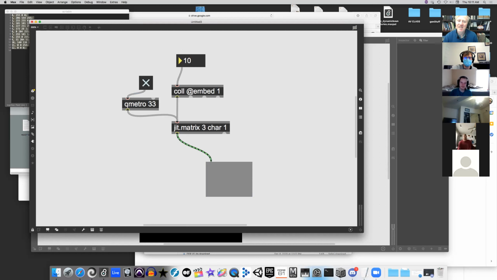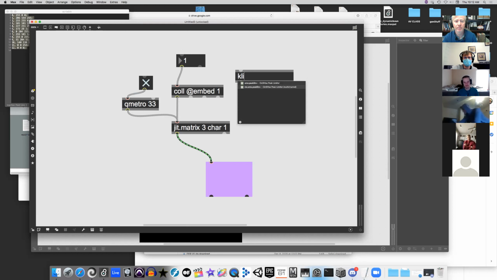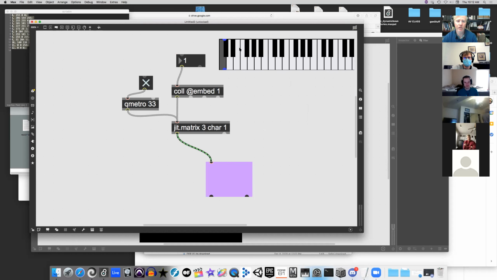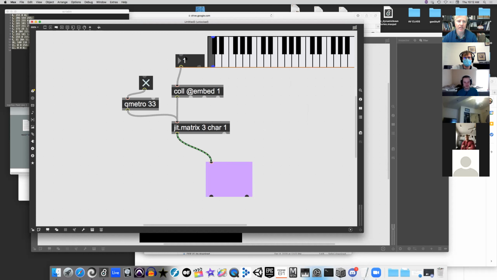Okay, so the goal here is let's build a color organ. So we're close, right? We've got all the colors. We can call them by name, but it would be cooler if I could, you know, play a keyboard or something and get these numbers. So I'm going to use K-slider. Could use K-slider. Let's do that. So this gives me a keyboard slider, and